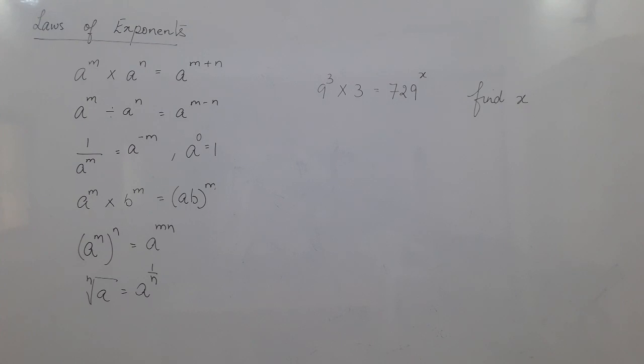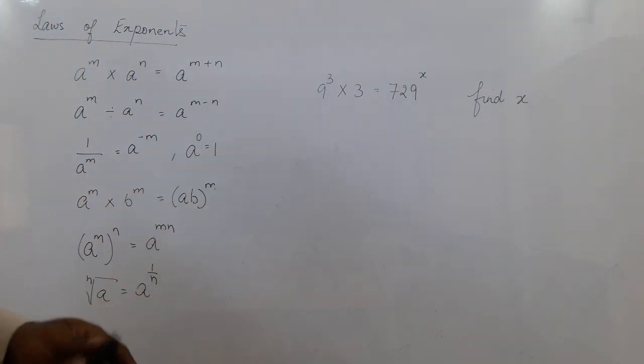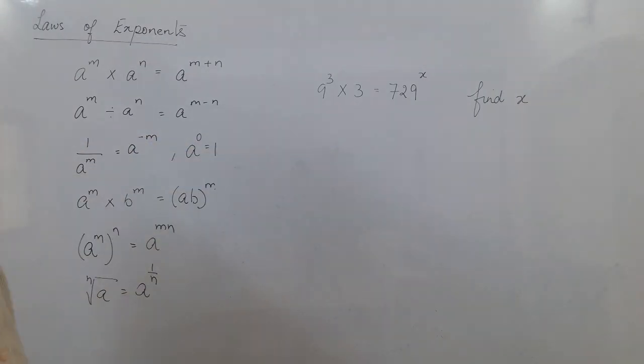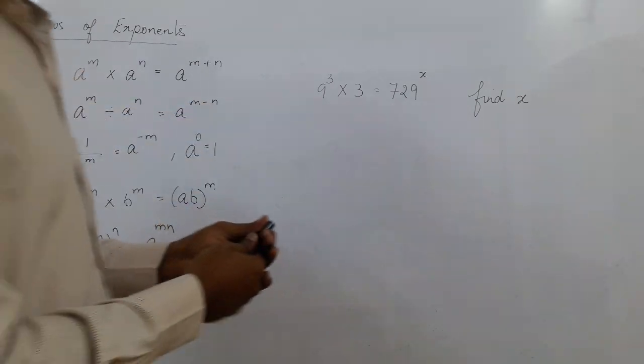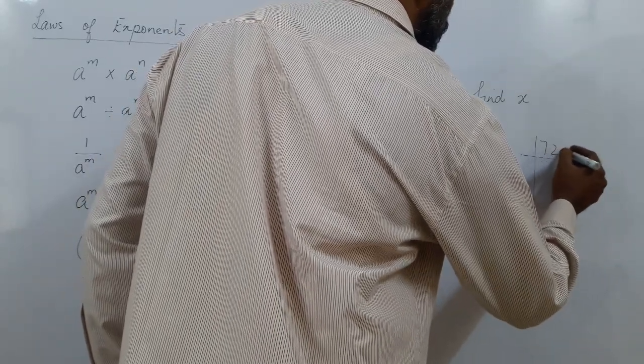Okay? So this sum we will do by the prime factorization method and using these identities. This will look very difficult. You can go by trial and error, but let us see how it works. So you know 9 comes in the power of 3. 3 is given, 9 is given, 729. Do you notice 729? Do the prime factorization of 729.